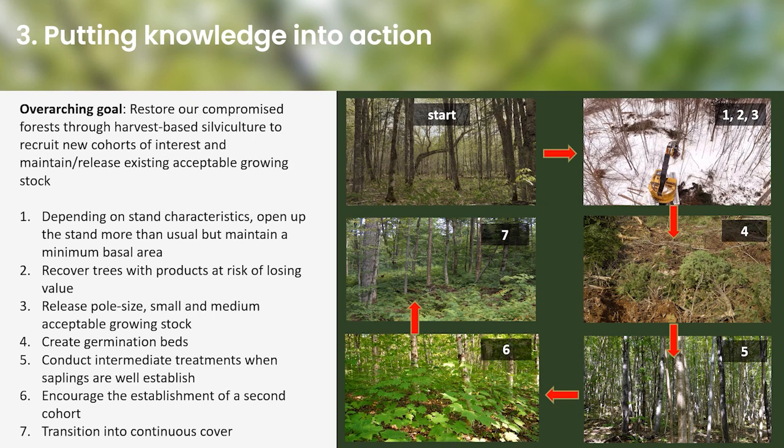Depending on the stand type that we are dealing with, usually we need to open up the stand more than we would usually and maintain, however, a minimum basal area. So while we're creating openings, we recover trees that carry saw logs in them today, but are of low vigor and at risk of losing saw logs and value. At the same time, we are releasing small trees, pole-sized trees, and medium trees of acceptable growing stock. We're also creating germination beds so that seeds can find the right substrate, germinate, and form the next cohort of